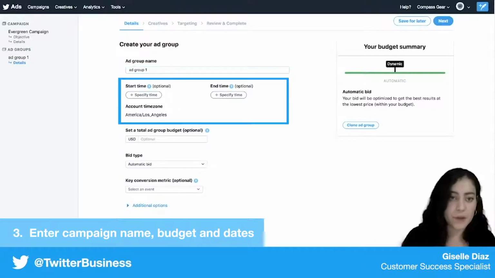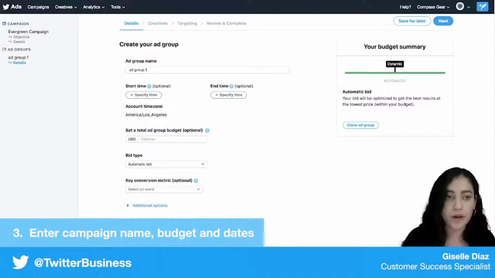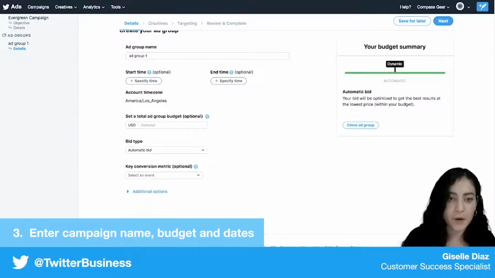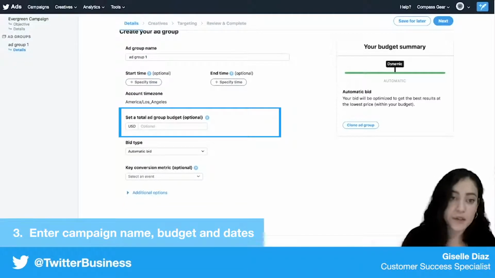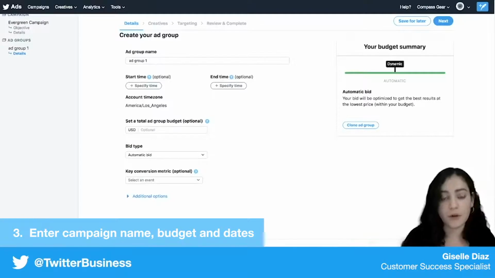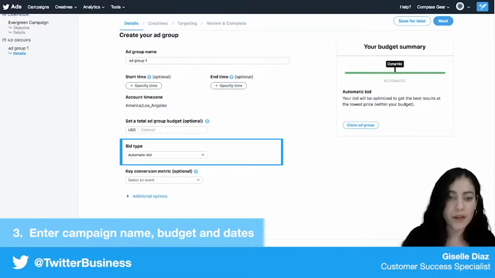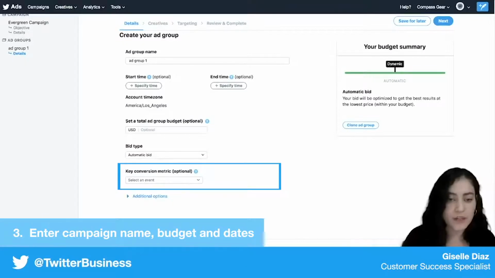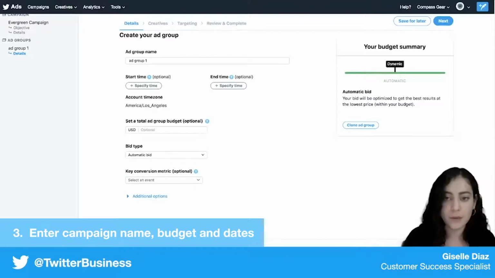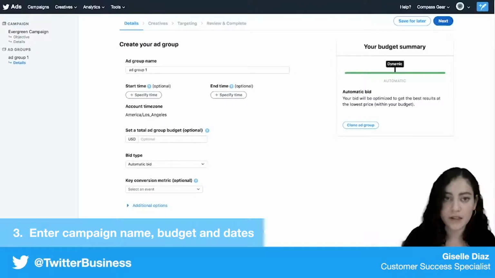The start and end time are totally optional here. If you don't select anything here, you're basically just going to be pulling in whatever you selected at the campaign level here. So I'm just going to leave that unselected for now. Total ad group budget is also optional because if you're not setting something up here, again, it's going to pull in what you selected at the campaign level. And for bid type, I'm going to be going with an automatic bid because it's really easy to set up. And I don't need a key conversion metric right now because I'm not tracking any lower funnel stuff, just link clicks. So I'm going to leave that as is and go on to the next page where I'm setting up